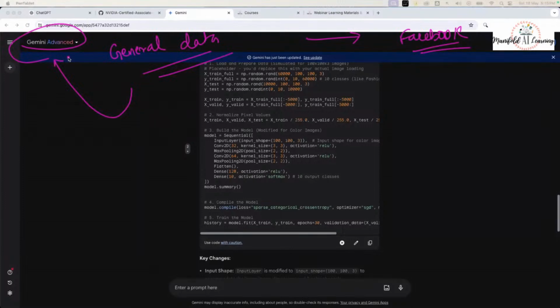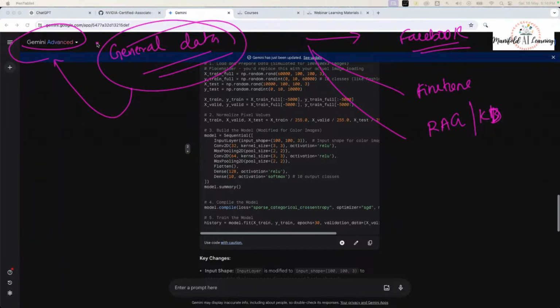Now, if a company wants to use these AI tools as part of their product, we have to use the approach of fine tuning, or we have to provide a RAG based architecture, where we provide a knowledge database, and based on that knowledge database, we would expect these tools, which were trained on general data, to be able to answer our questions.